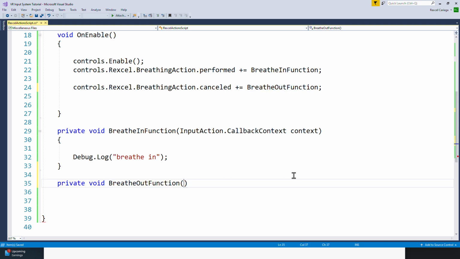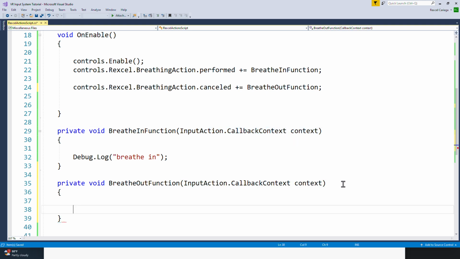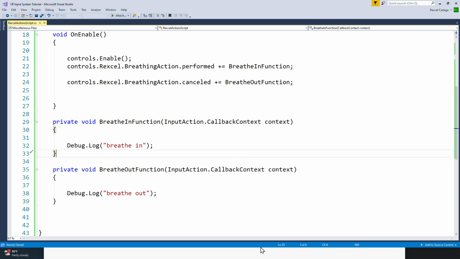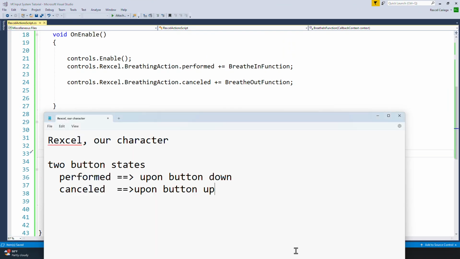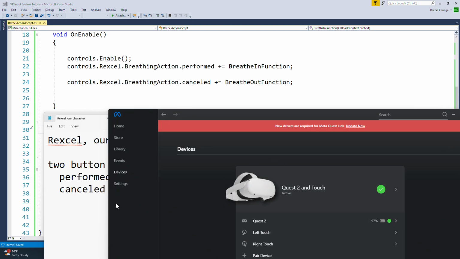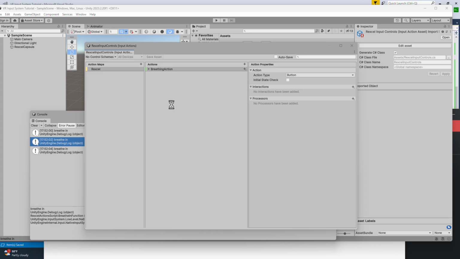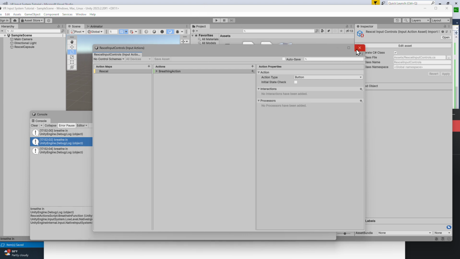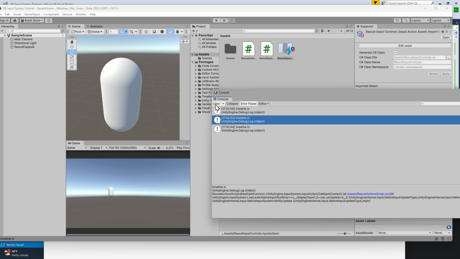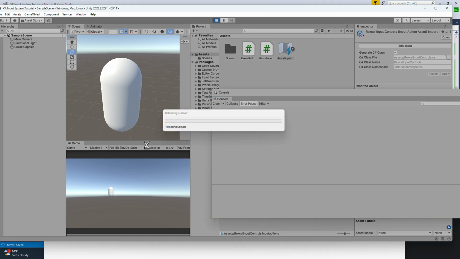And again, if you've seen video 1, we'll just copy this, paste it here, and then Debug.Log, let's call it "breathe out". Save it, and let's test our game. Where's my Unity file? There we go. I'm just saving the scripts. All right. So let's test that one now. Let me just clear this, and let's play.